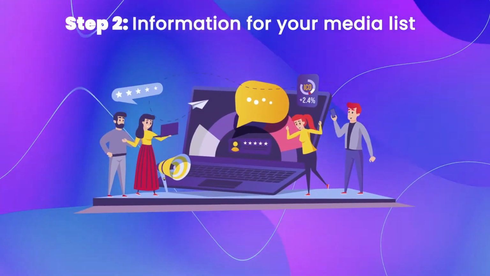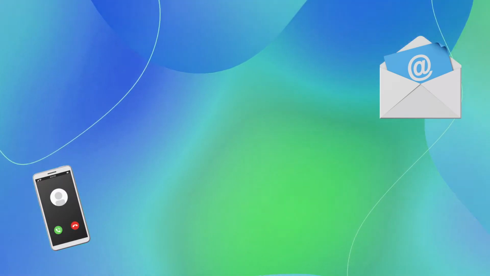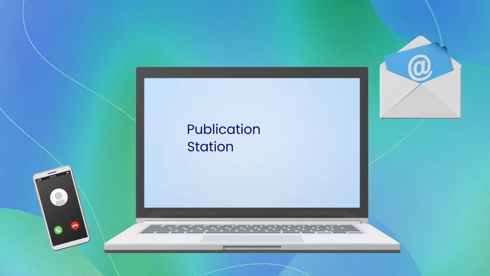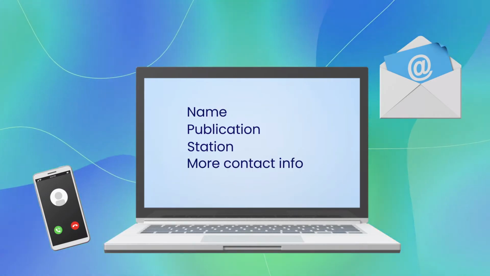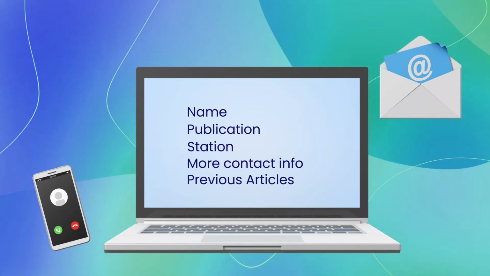All right, the second thing you want to do is figure out what information you need to have on your media list. So if you're targeting entrepreneurship and businesses and local news stations, you want to create a list that has a certain amount of information, whether that be their email, their contact information like their cell phone number, or maybe their website. But you want to make sure you have what publication they work for, what station they work for if they're in local news, of course their name, and other ways to contact them. And you can also put in there maybe the articles that have been published before for prior clients.